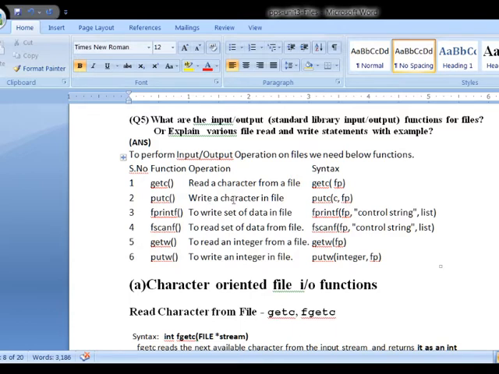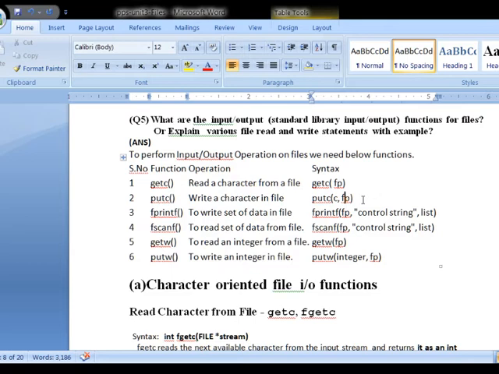Similarly, putc writes the character into a file at the location where the file pointer is pointing. సో ఫైల్ పాయింటర్ ని ఇచ్చేసి ఫైల్ పాయింటర్ ఏ అడ్రస్ని అయితే చూపిస్తుందో ఇన్ ఫైల్ ఆ లొకేషన్లో సి అనే క్యారెక్టర్ని టైప్ చేస్తుంది.